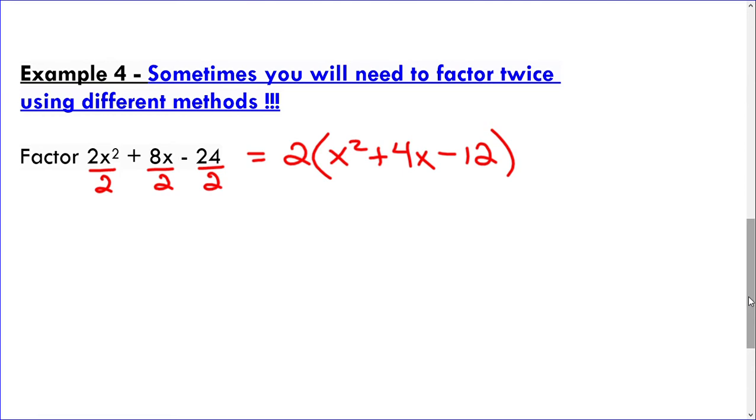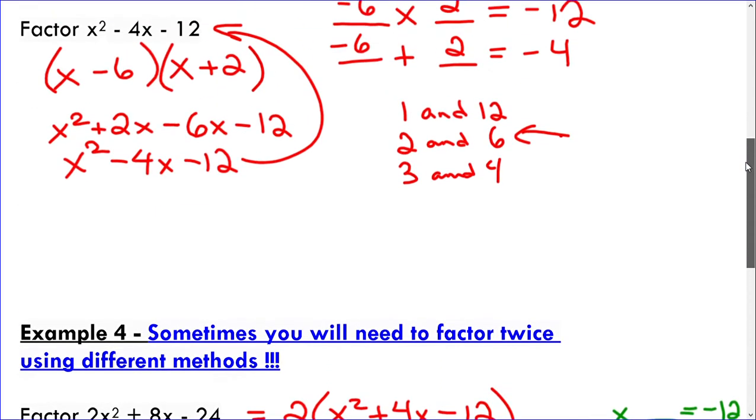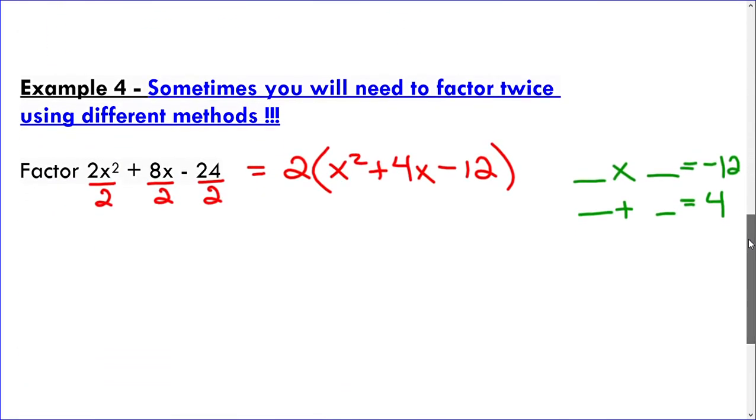So by factoring out a 2, now I can see, okay, I've done this problem, and I can figure out what this problem looks like. Now I've got the same thing we had set up before: two things that multiply to give you negative 12, and those same two things are going to add together to give you positive 4. We did a question just like this above, where we had negative 4 though, and then we have positive 4 this time. So that tells me that my signs just need to switch, and I should be okay with